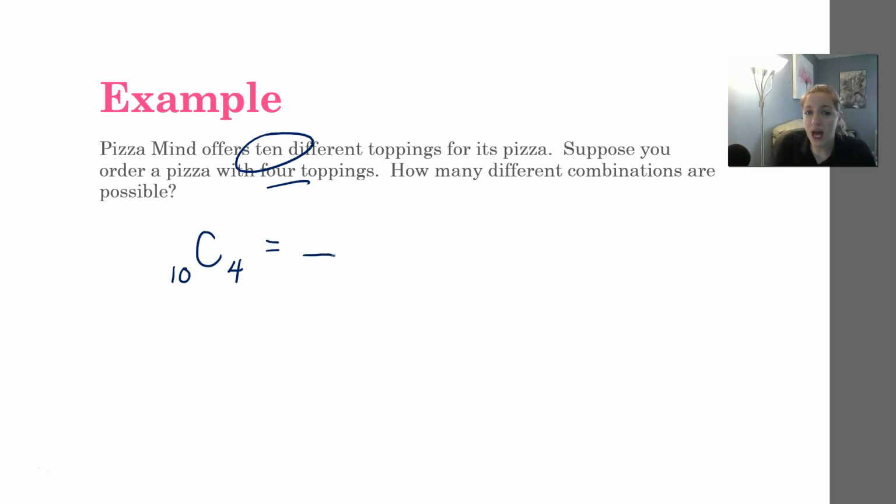So 4 toppings we need to choose. How many choices do I have for my first one? It looks like I have 10. How many for my second, third, fourth? Because remember, we're not repeating here, so we have to decrease it by 1 each time. So 10 times 9 times 8 times 7. Looks like 5,040, but we're doing combinations here, so we need to go ahead and divide out all those repeats